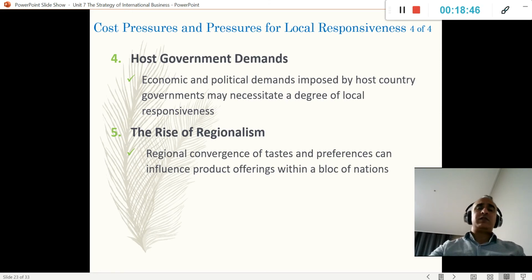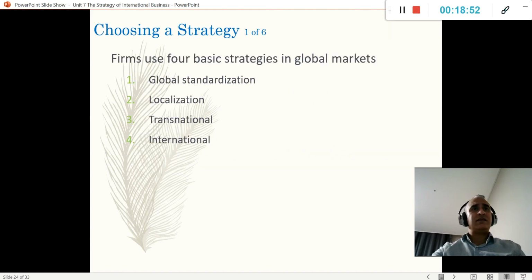And that works, for example, for Southeast Asia. Singapore, Indonesia, Malaysia, they work very similarly. So in this case, that works well. So let's talk about choosing strategies for